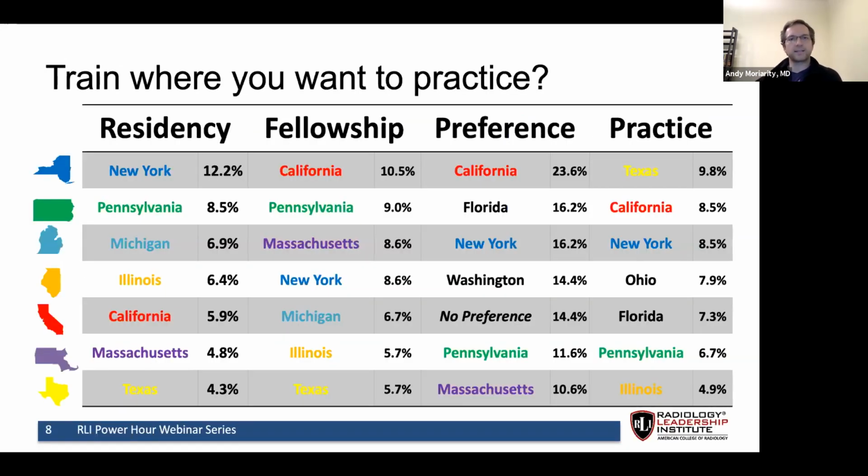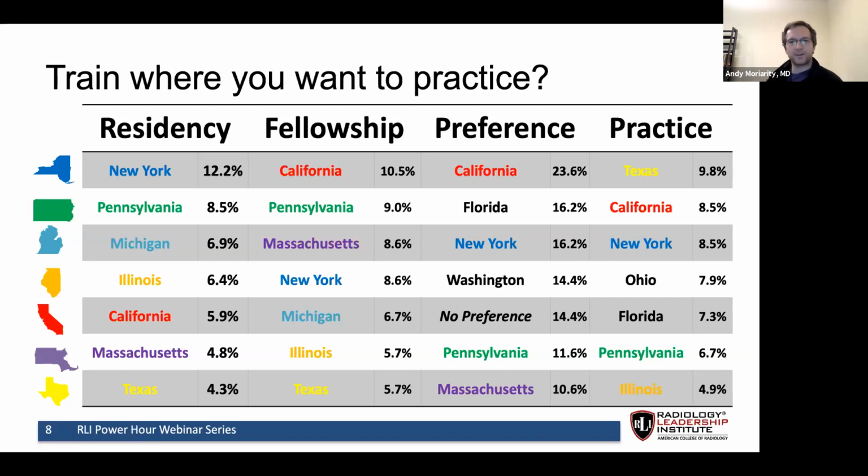So the question we always ask is, if I want to live in a particular area, does it really matter where I do training? Should I go to the best institution, or should I just train solely in the area that I want to end up practicing for the rest of my career? What we find is the ranking of our survey participants here shows where they did residency, fellowship, where they preferred to end up practicing, and then where they actually ended up practicing. And being from Michigan, I'll point out that we have a large number of training programs. We rank number 3 there in the residency training, and kind of high up there on the fellowship.